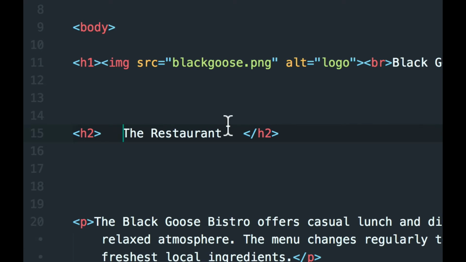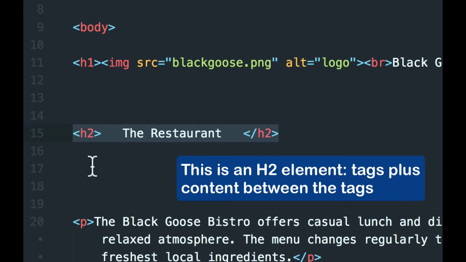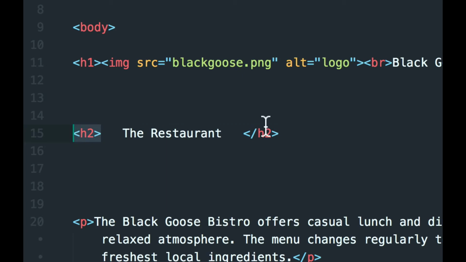A pair of tags and their content are called an element. So we would refer to this as an H2 element in our document. So opening tag, closing tag, element. Now some elements are what are called empty elements, and these are the ones that don't have a pair